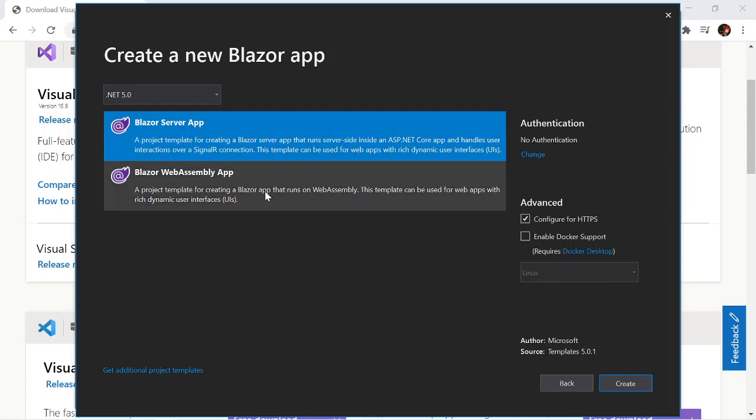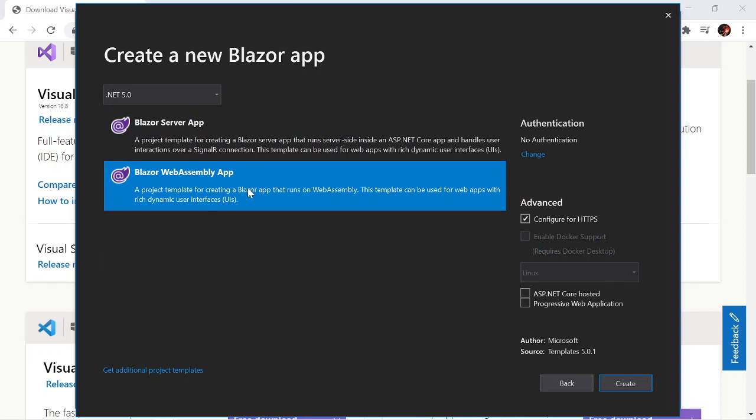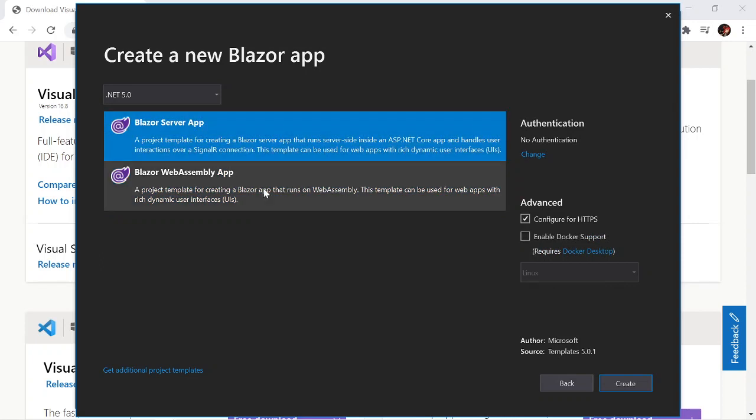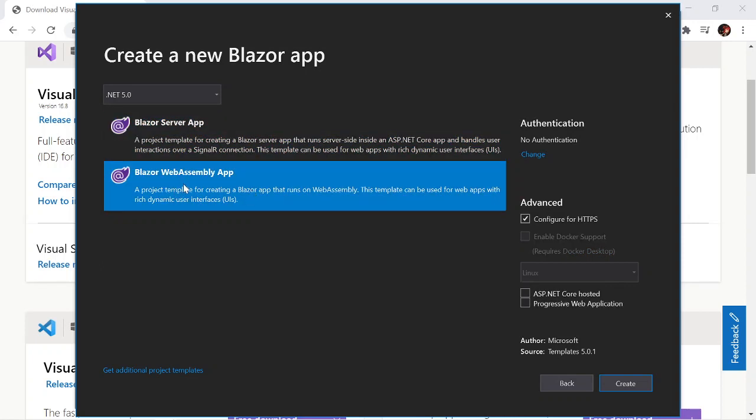There are two kinds of Blazor: Blazor Server apps and Blazor WebAssembly. In this tutorial, we will use Blazor WebAssembly, because with Blazor WebAssembly, you can choose any kind of hosting environment.